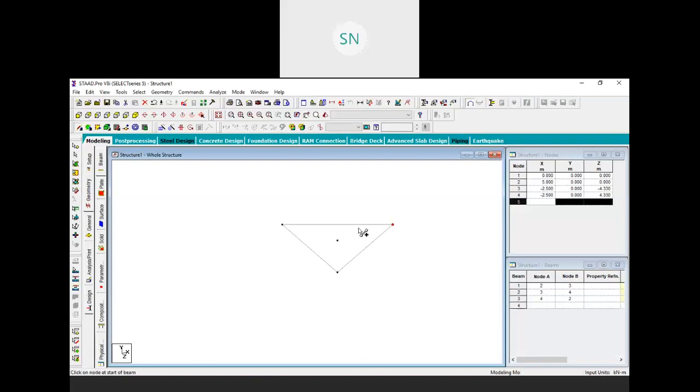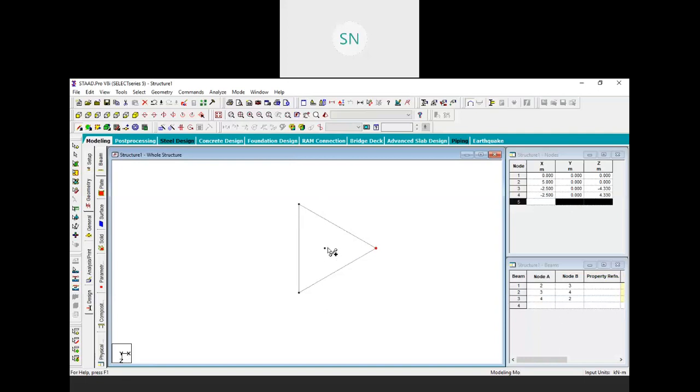Now everything we have done over here is on the XZ plane. So this is our 2D. See, view from the side, you will see it's 2D. Or view from Y positive, from the top view, you will get the exact idea that we have created one triangle on the XZ plane.